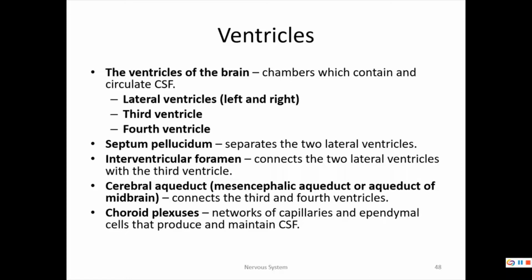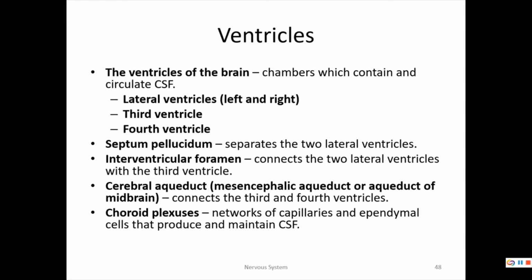Now, inside these ventricles, there's a bunch of capillaries and ependymal cells that not only make cerebrospinal fluid, but help maintain its chemical characteristics, called choroid plexuses. These are very specialized capillaries along with the ependymal cells. You guys talked about those in lecture. I just finished teaching them today in my lecture. Ependymal cells are a type of glial cells, neuroglia, that help produce CSF. Along with the capillary beds, they form your